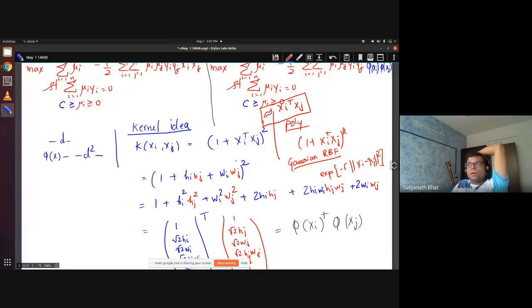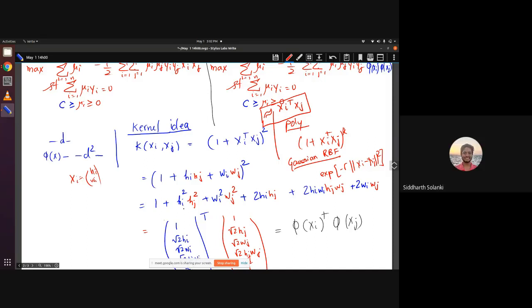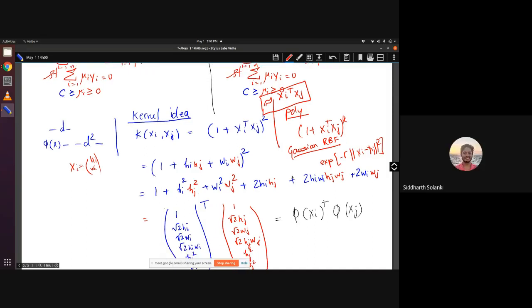Now we try to expand this, to see what it becomes if I do it algebraically. If you see, this is how it splits up. I might have made some mistakes here; if so, just ignore them. But Siddharth, do you understand how, taking each xi as hi, wi, I'm writing that out? Is this computation, this algebra, okay up to here, Siddharth? Yes sir, the algebra is also fine.